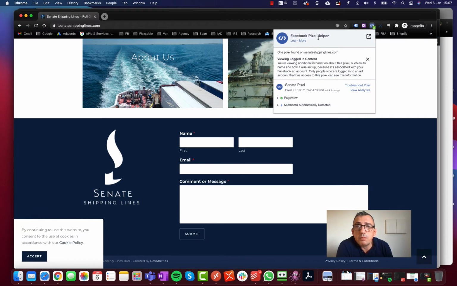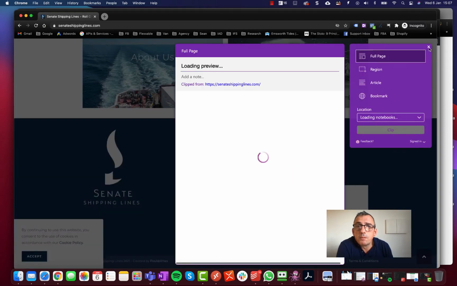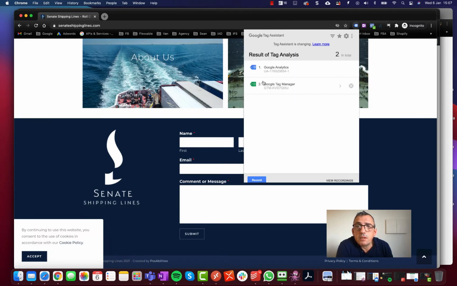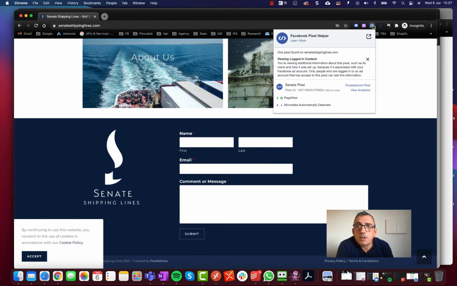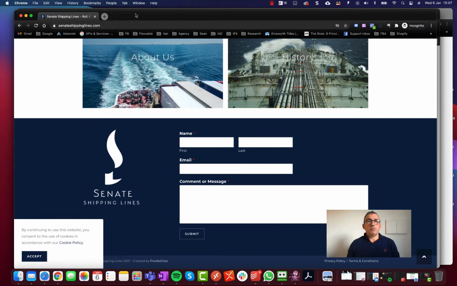This is another Facebook Pixel Helper. So it's taken the tag and put a couple of Facebook pixels and Google Analytics on there. And it was as simple as that.